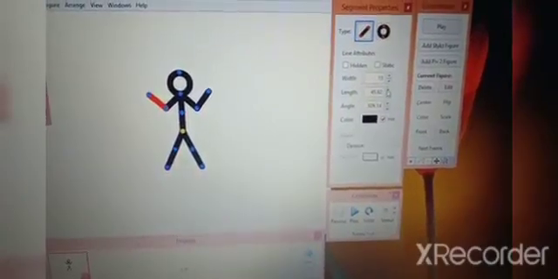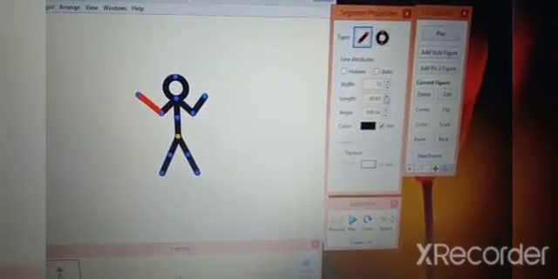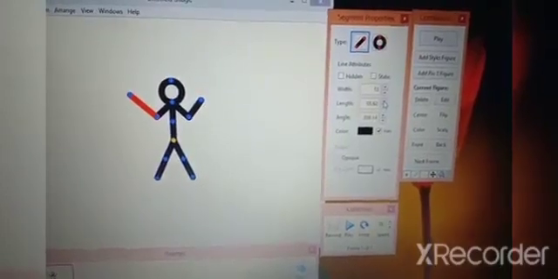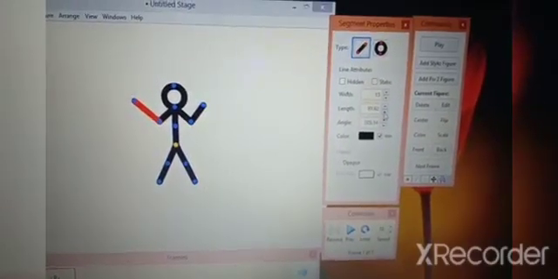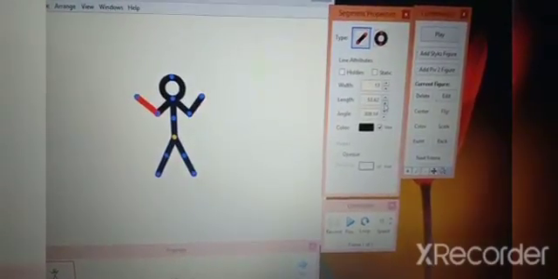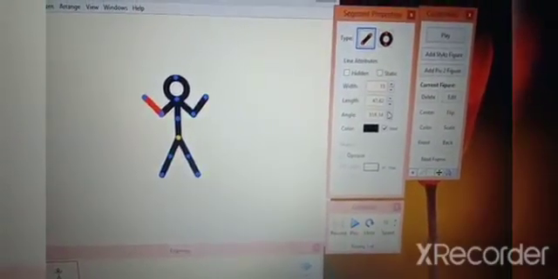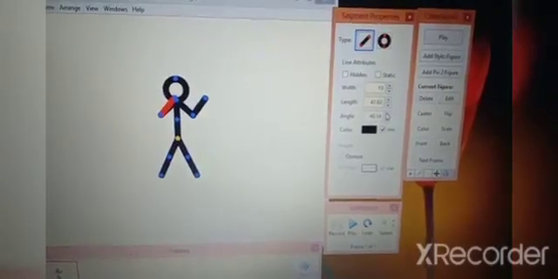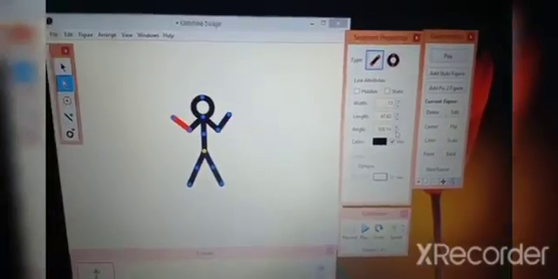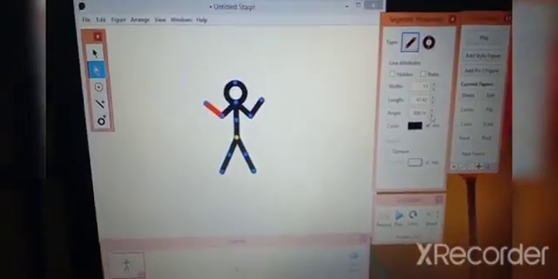Now increase the length of the segment. Look at the figure. I am clicking here with my mouse, increasing the length of the segment and decreasing it. Now it has decreased, see, small. You can change the angle by clicking on this. See, the angle is changing. Now keep it again like that. Understood? So interesting.